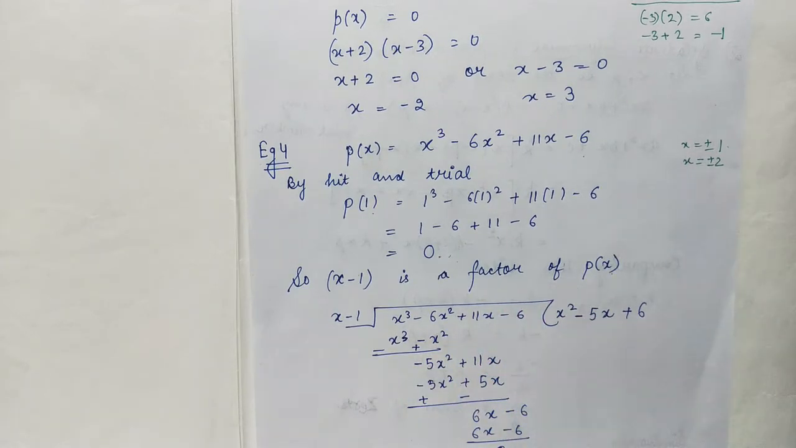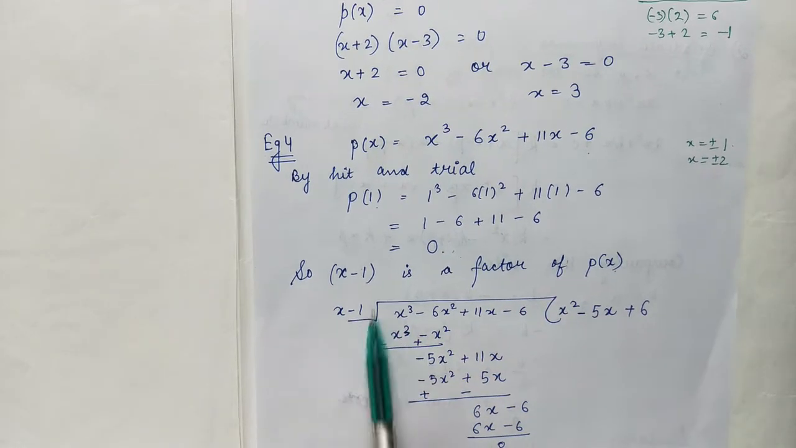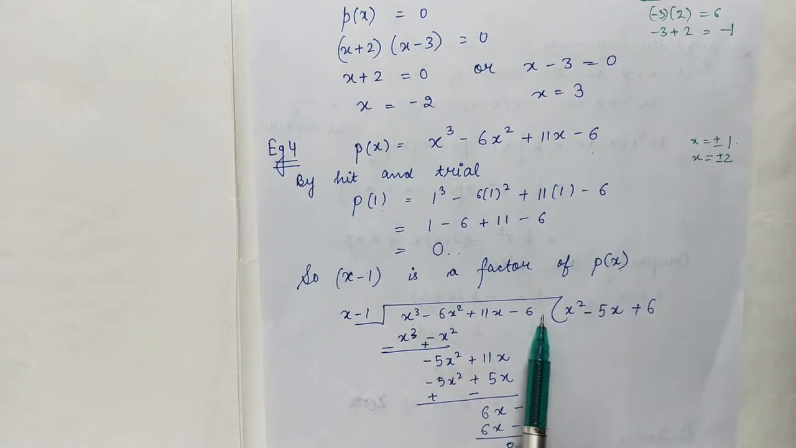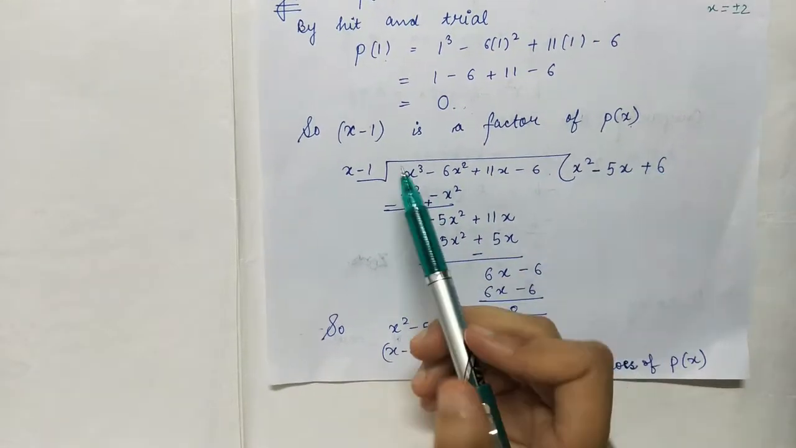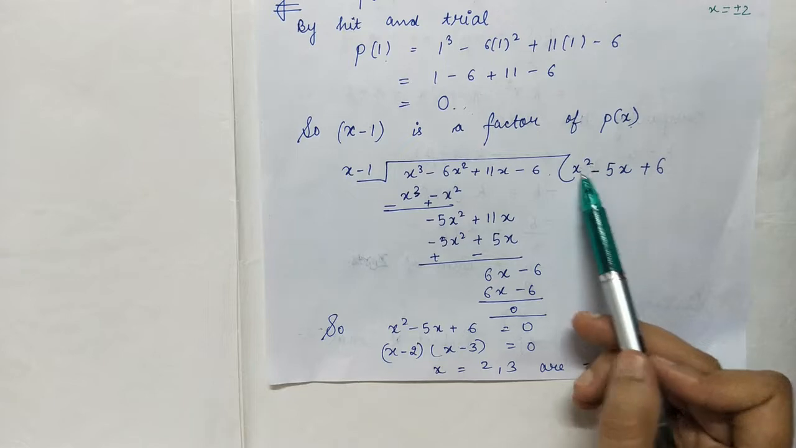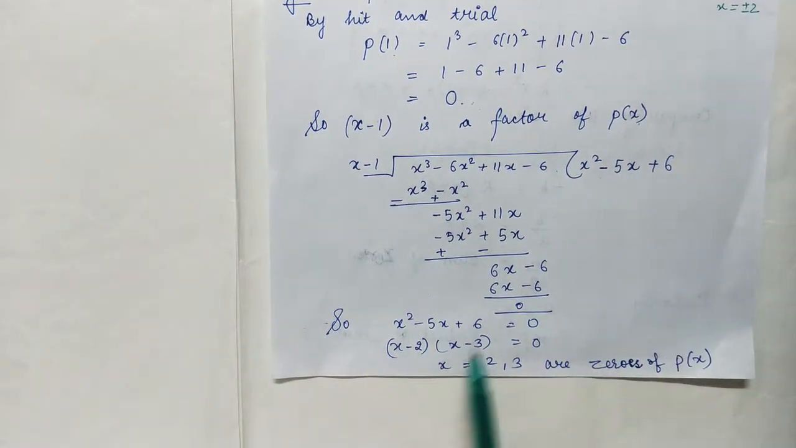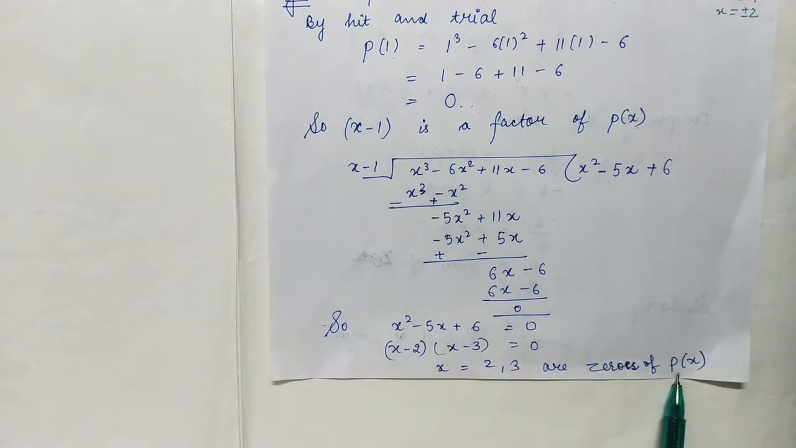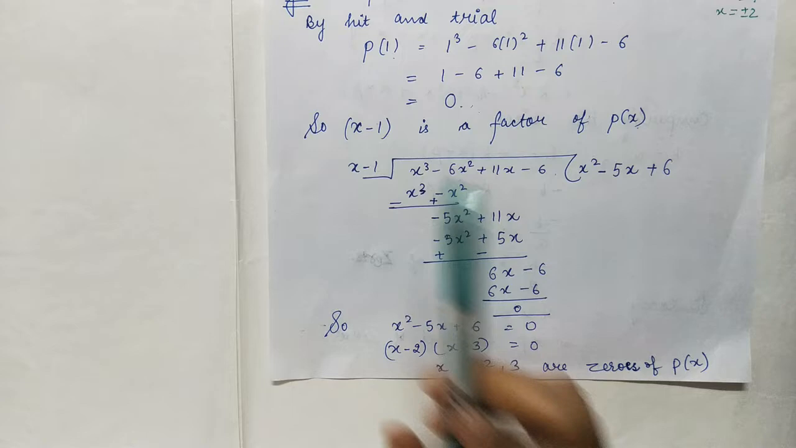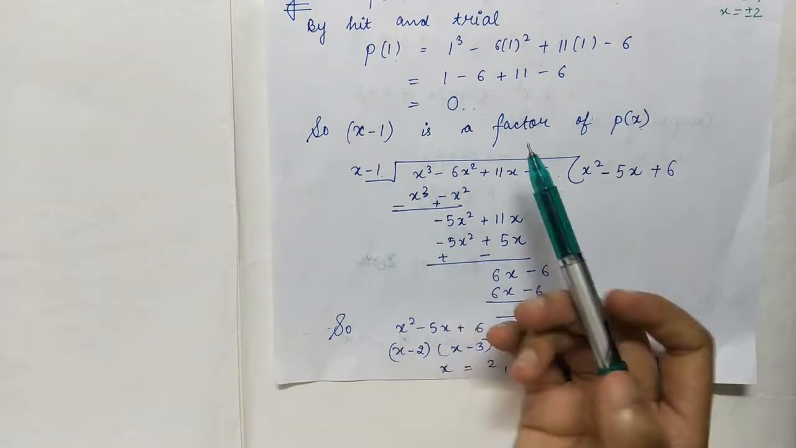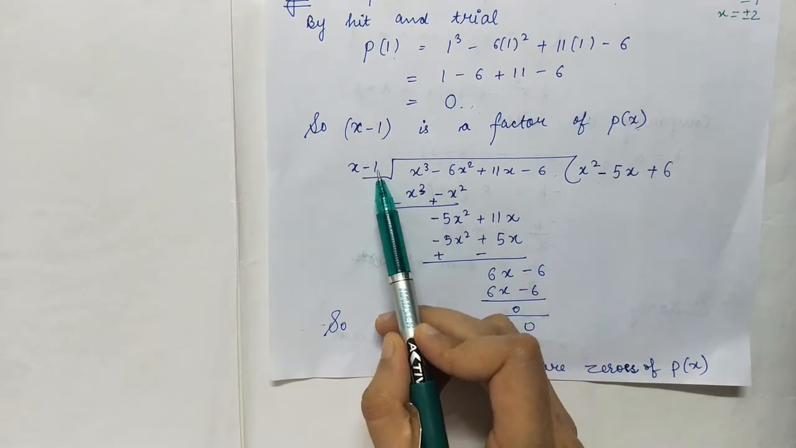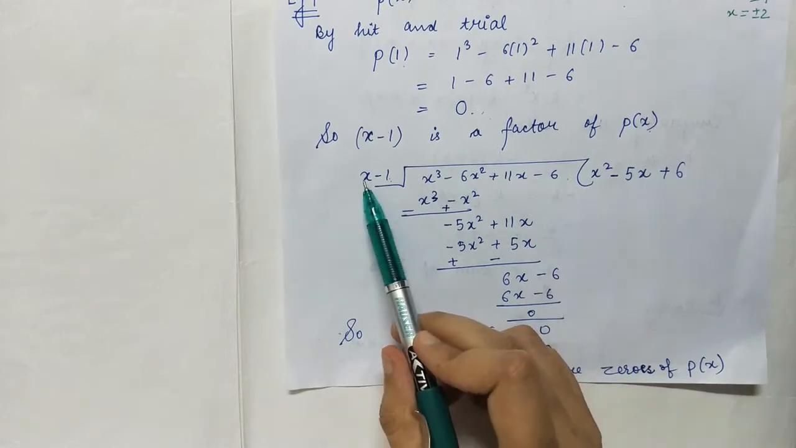Now for further, we have to divide this cubic polynomial by x minus 1. By dividing this cubic polynomial by x minus 1, we get a quadratic polynomial. Now further, we have to split the middle term of this quadratic polynomial, and we get the other 2 zeros of the cubic polynomial. Division, I hope you know, when we divide by x minus 1, we'll take